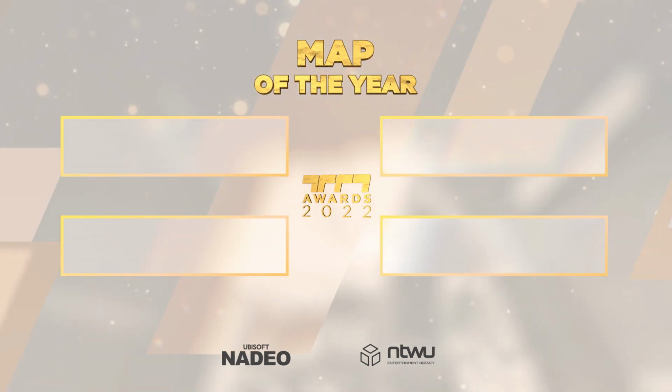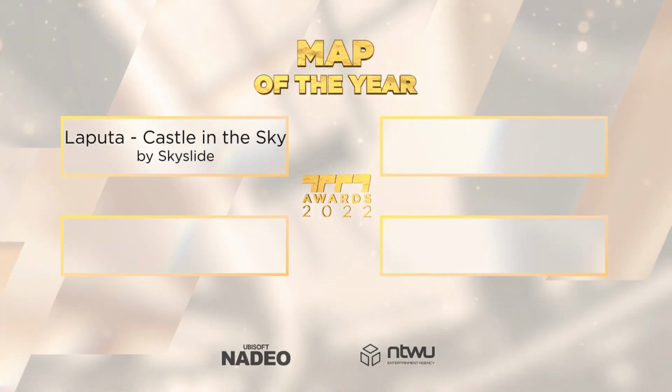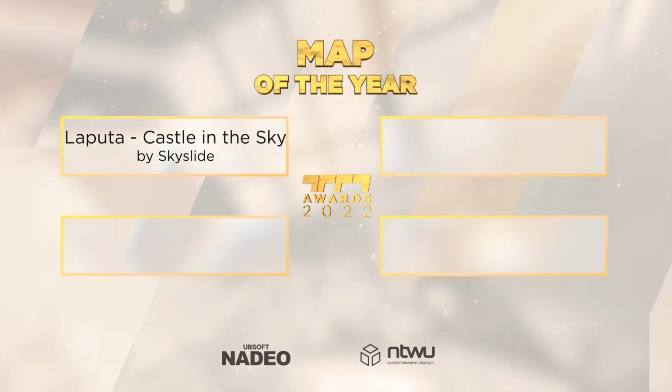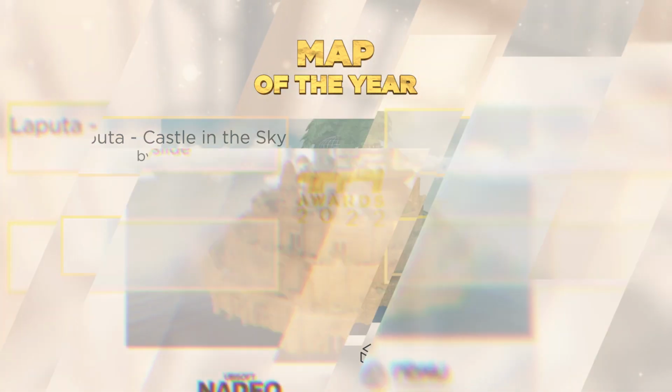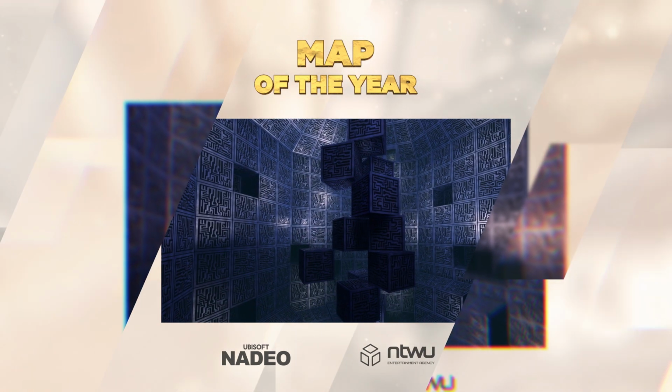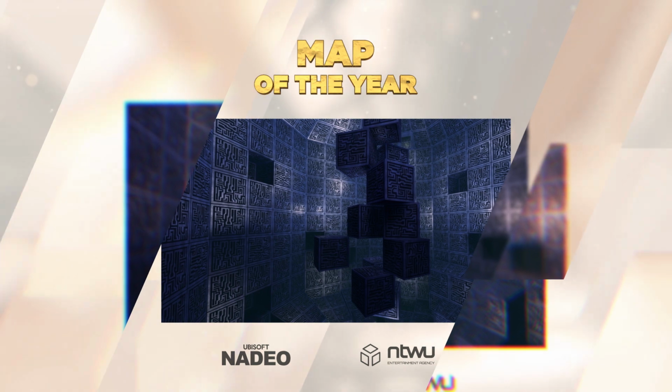Our first nomination is La Puta, Castle in the Sky. This incredibly detailed recreation of the Sky Castle from the animation film Castle in the Sky is probably one of the most beautiful maps of all time. Being a Trackmania 2 map, it hasn't caught the biggest attention of the community, but it's definitely a map everyone